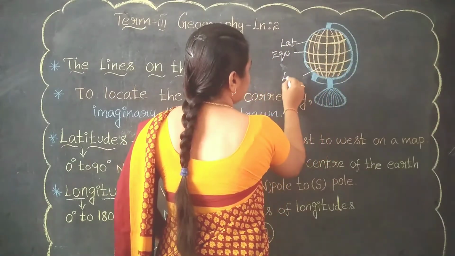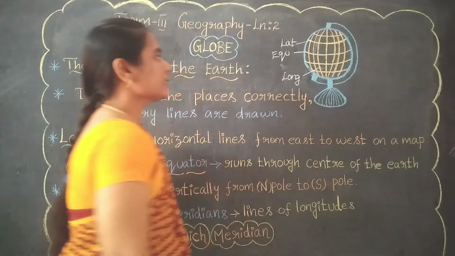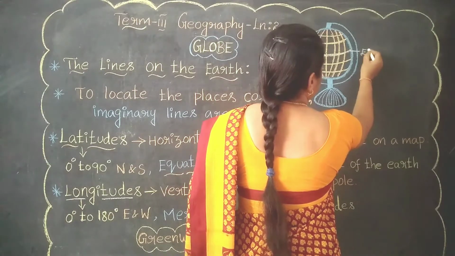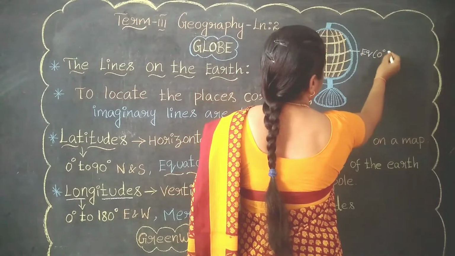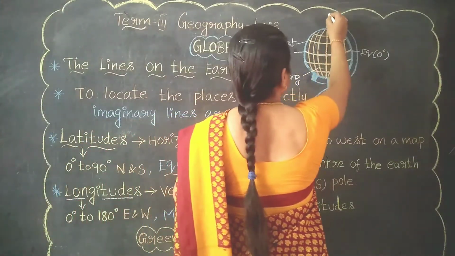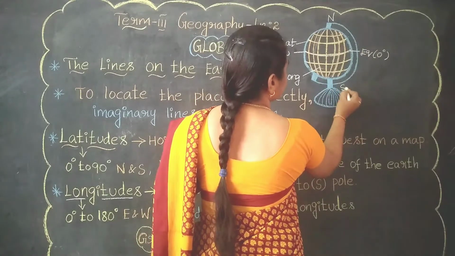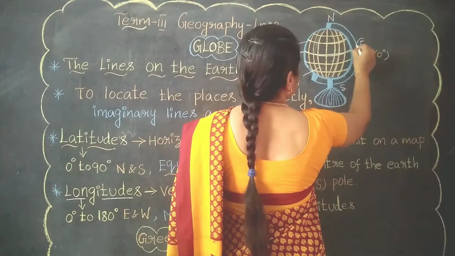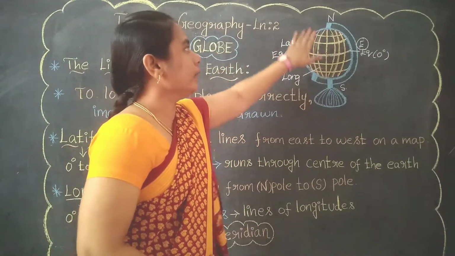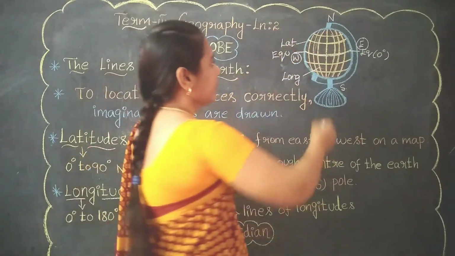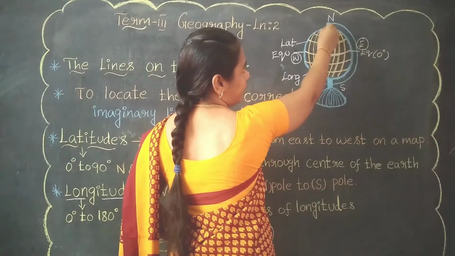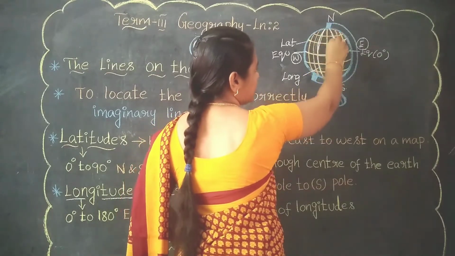And the vertical lines are the longitudes. The middle line is named the equator, at 0 degrees. This side is north and this side is south. Here it is the east side, and here the western side. See, why they are giving north pole and south pole: the vertical lines are drawn starting from there, north to south. Is it so? Yes.